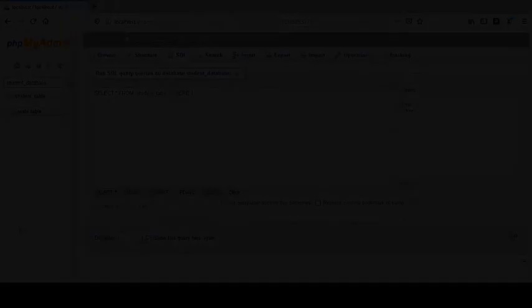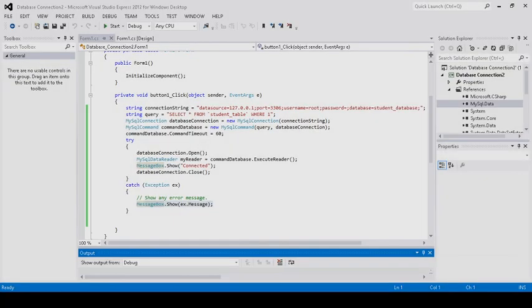So this is a message box. When you click OK, this means that our database connection is correct, and doesn't have any error.